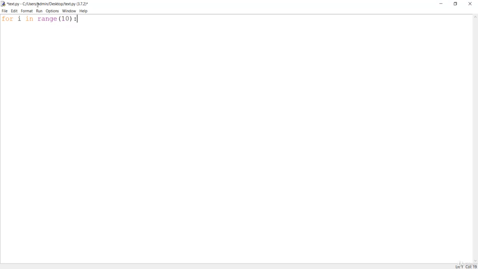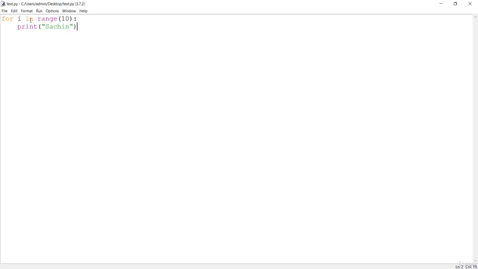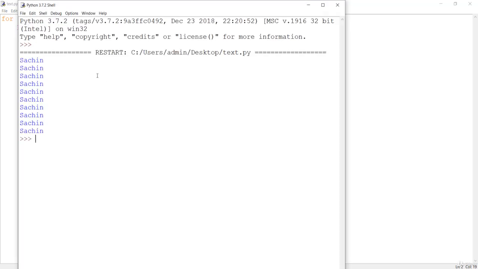The colon is important, and after that there will be some indentation. If you just press enter from here, it will give a certain portion as indentation, and you print your name over here. If I save this and press F5, it is going to give us Sachin 10 times.